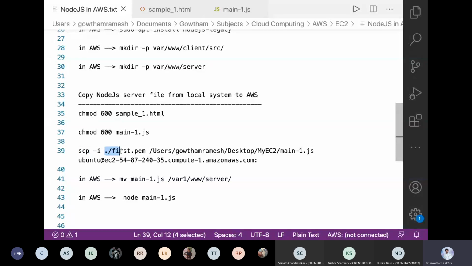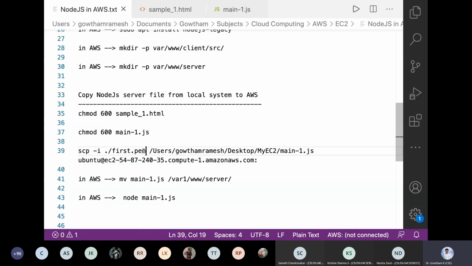In addition to that, I use the key file name, the file which I want to copy to the remote server, here the Node.js program, and the server name itself, in which particular server I want to copy. We will see where we get these parameters one by one.